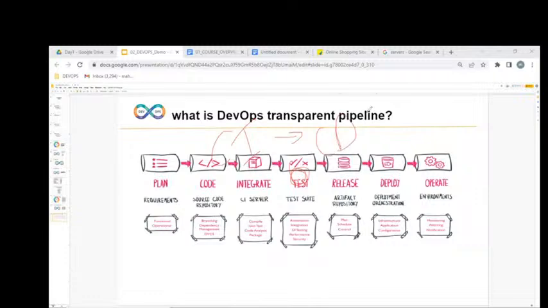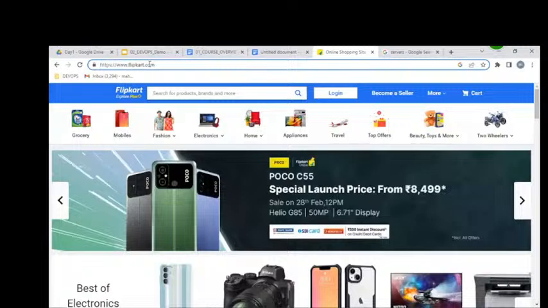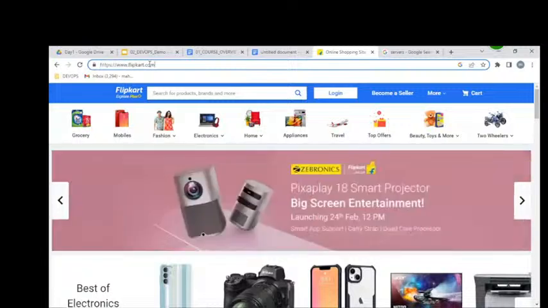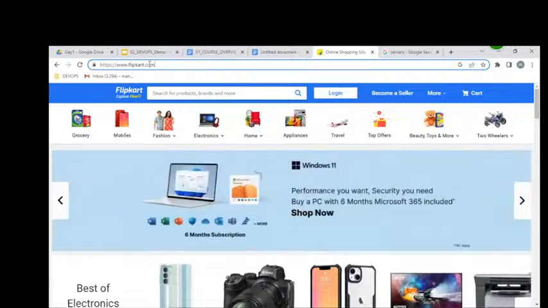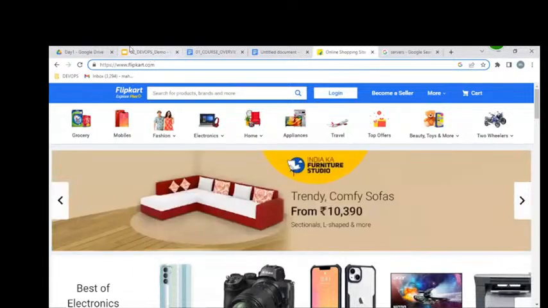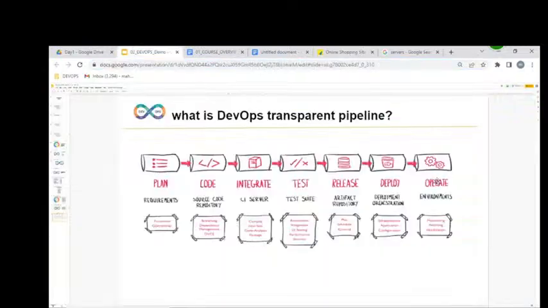So once CI/CD is implemented, we are going to deploy our applications on hundreds of servers, either physical servers or virtual servers or Azure cloud servers. And once our applications are placed on hundreds of servers, we can access them over the internet as a website. Clear? That's it. Whether it is working or not, we are continuously monitoring and maintaining. This entire process we are calling what? DevOps process.